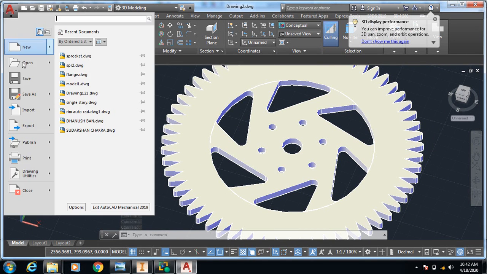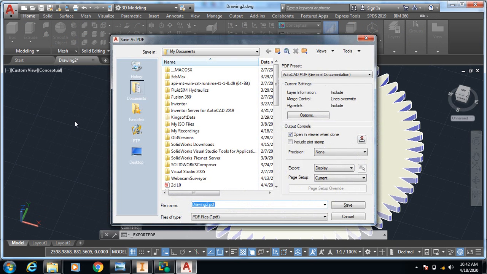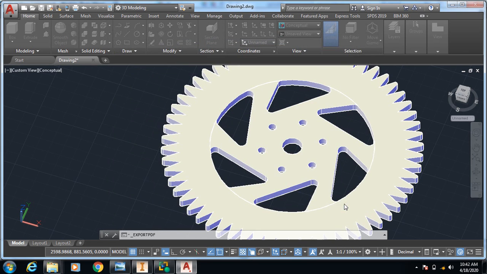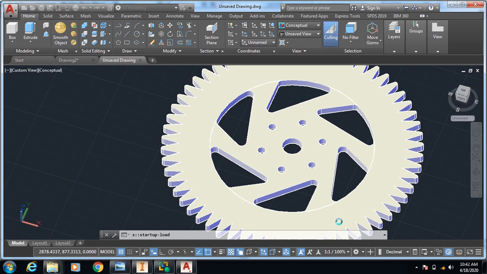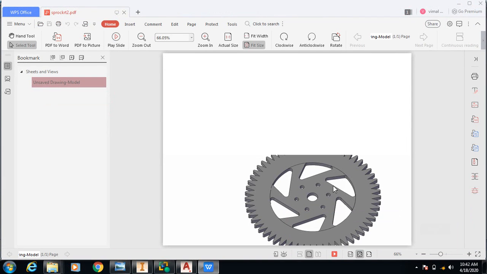So friends, just try to save it at this point, save or export in PDF. Give the name Sprocket. Save. Yes, the PDF is creating.